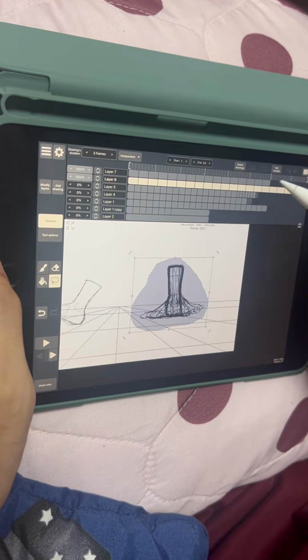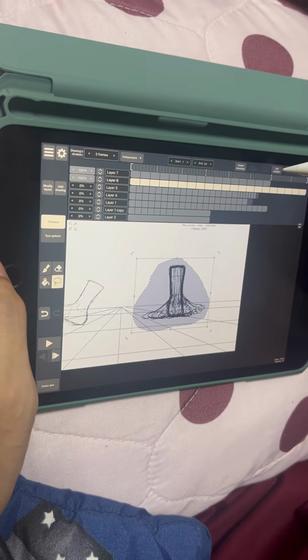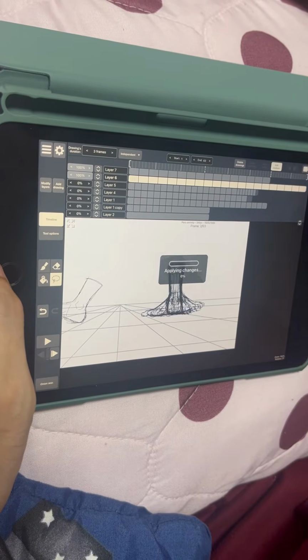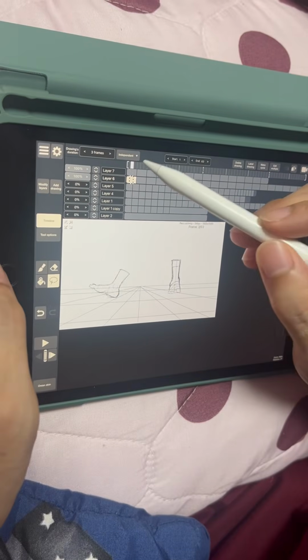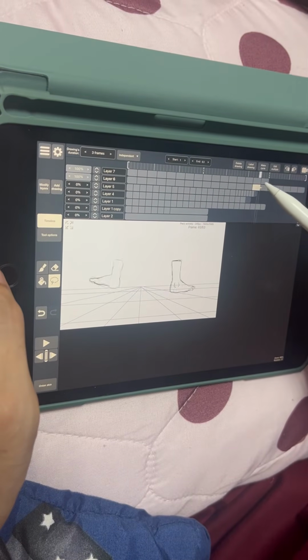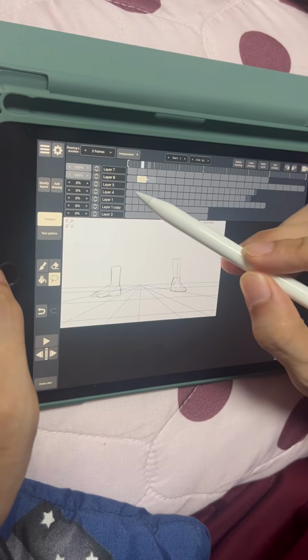So here, then after that you can hit the Edit Multiple again, and voila, it reduces all the drawings just by clicking once. You don't have